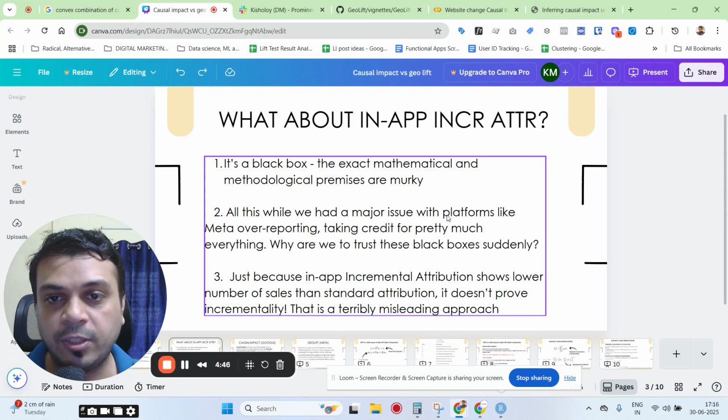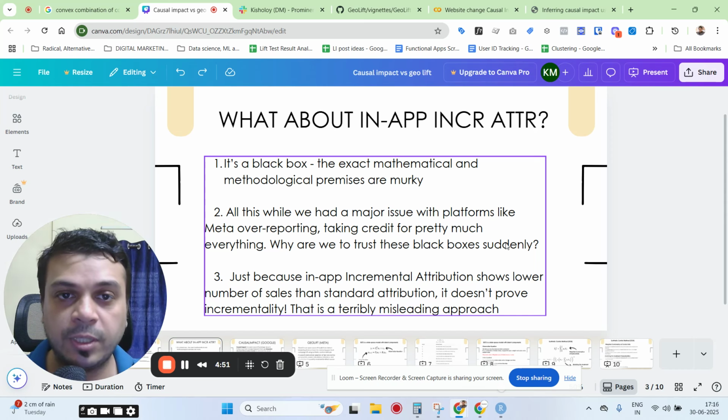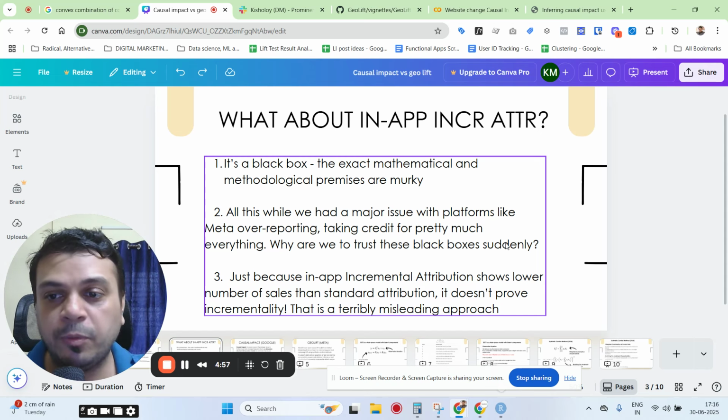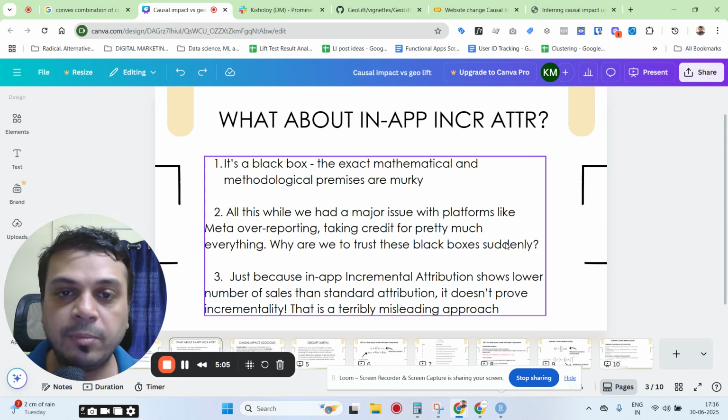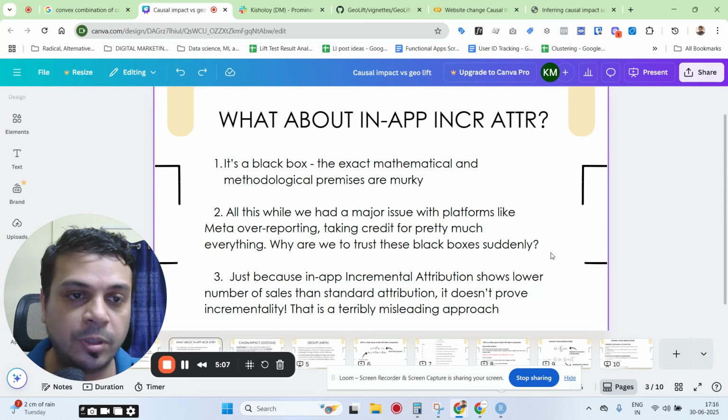There isn't actually any such bias, but you can't say for sure if this one, for instance, which is in-app, like why wouldn't Meta, for instance, want to show its own platform's performance in a better light? Why would it want to give more attribution, say, to Google? Obviously that's not really the objective of it, but I'm just saying, okay, so just to give some food